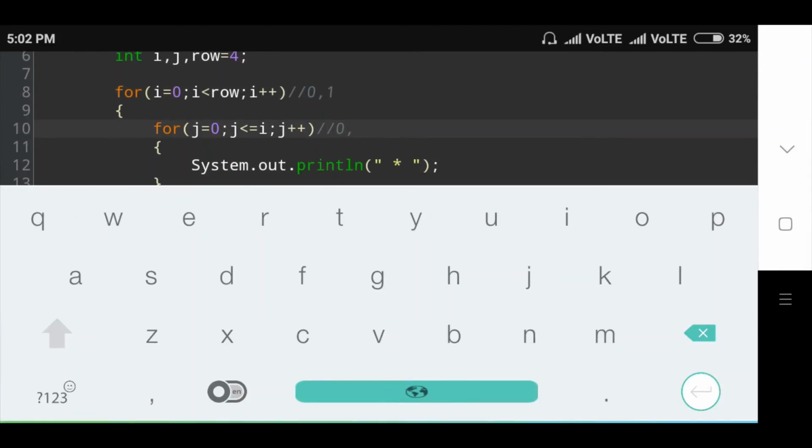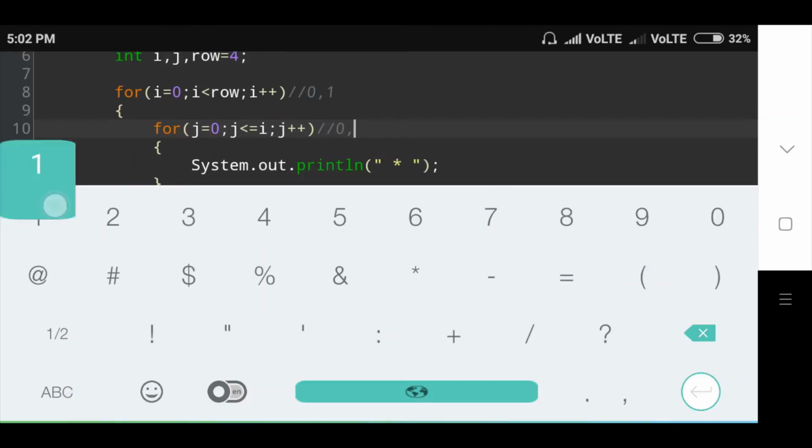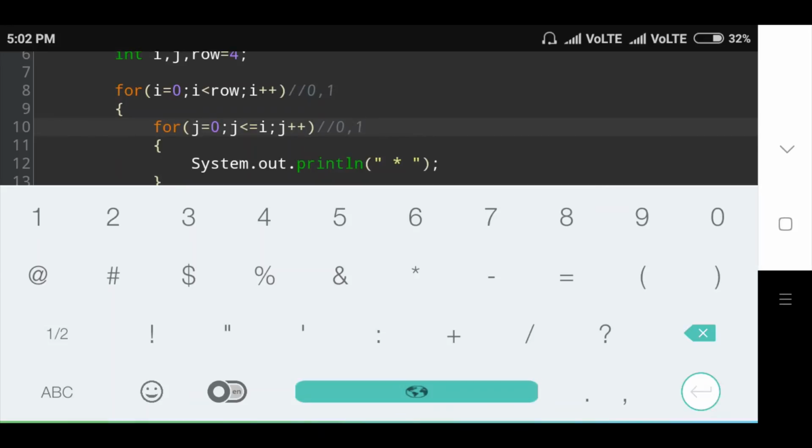J value is initially 0, then the j value is increased by 1, j value is 1. Then check j value 1 is less than or equal to i value 1. So the condition is true.